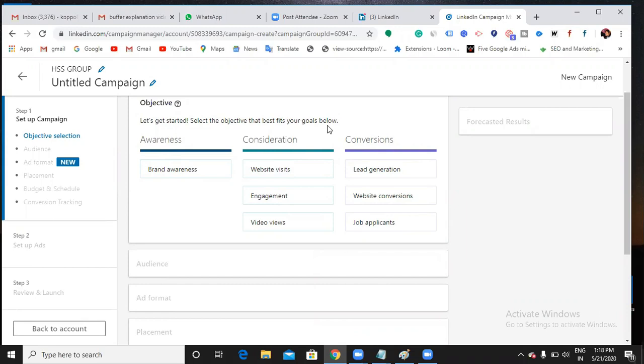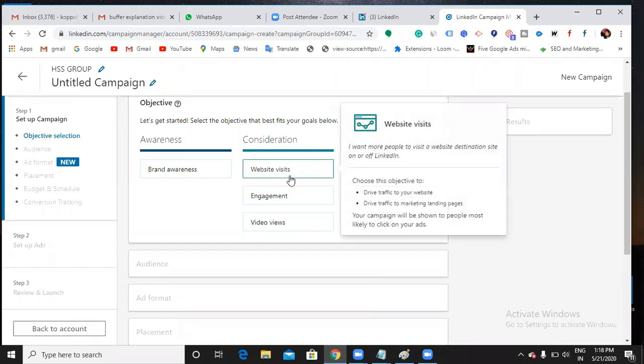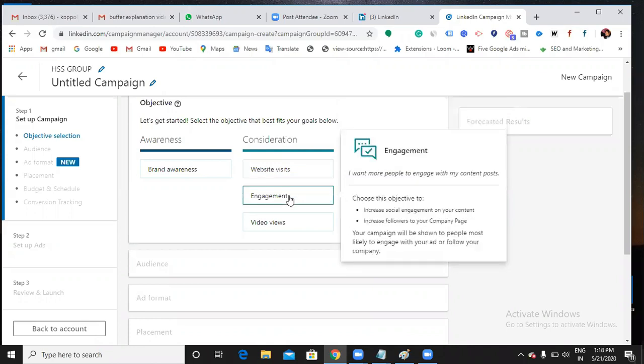So what is meant by brand awareness? Brand awareness means building a brand. If you want to build brand awareness about your product or service, you can choose this. Then website visits: if you want to drive traffic to your website. Engagement: making customers use your product or discuss your product.